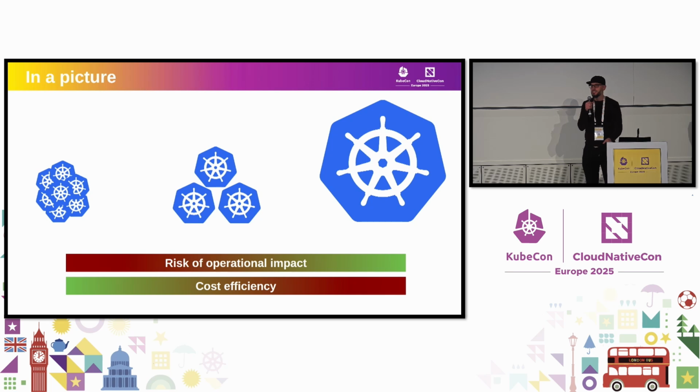And in a picture, this is way simpler to understand how it works, because essentially you can end up with multiple Kubernetes clusters, and for those who are operating Kubernetes clusters, you can imagine the pain, or you can have a huge single point of failure, which is a huge cluster. So this is a slide from one of the adopters, and I really love that. And essentially,